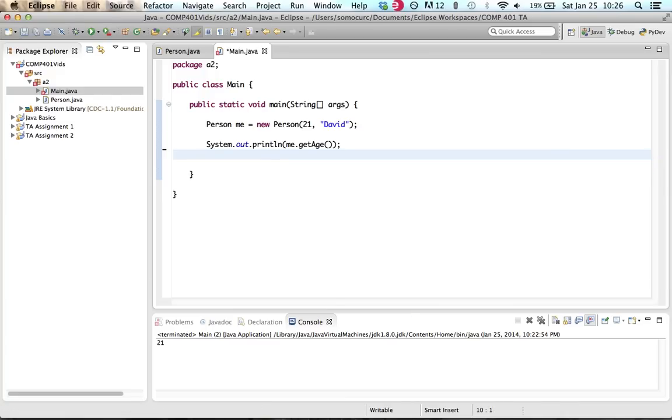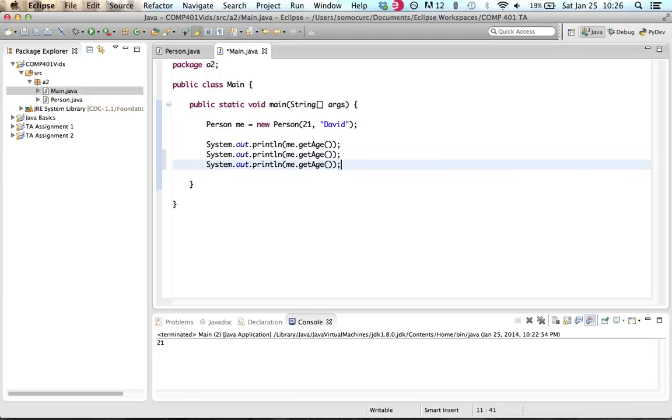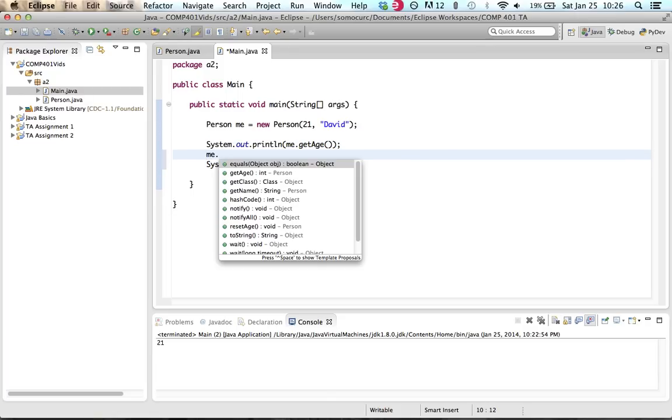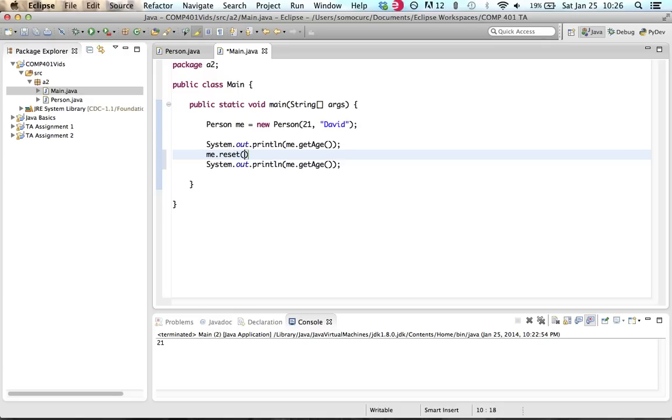But the point here is that if you were to do me.getAge, let me try this actually. Yeah, it was just Eclipse being weird. But if we were to do, oh, I know why. It's because you can't print a void method because it doesn't return anything. So if we were to do me.getAge and then me.resetAge,